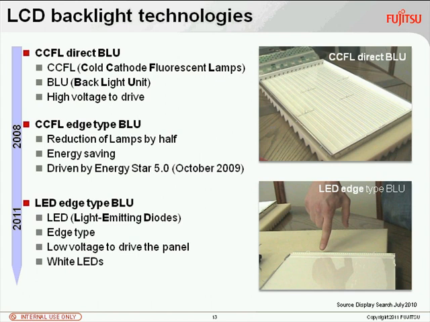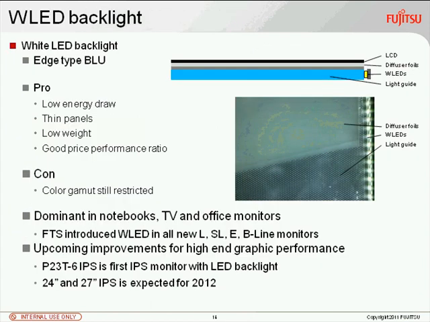You see it here. This mirror of the hand is a glass plate, and this glass plate distributes the light over the whole screen. Let's have a look on the next slide a little bit more in detail how it works. So here this is the schematic. This yellow one shows the LEDs. It's mounted on a small circuit board. The blue one